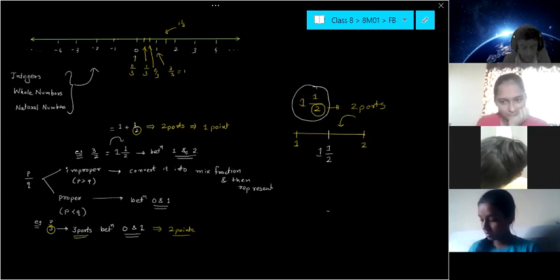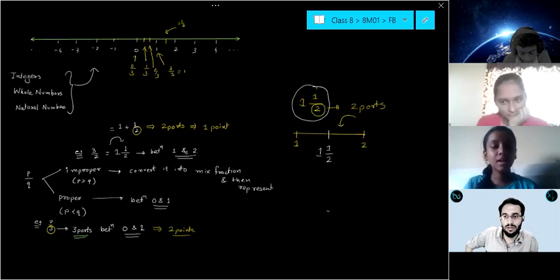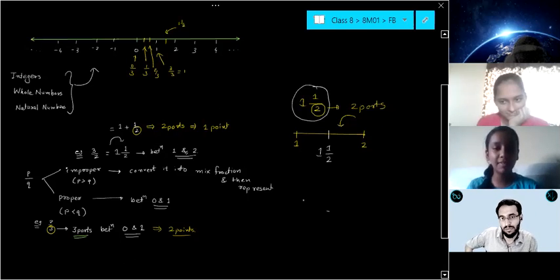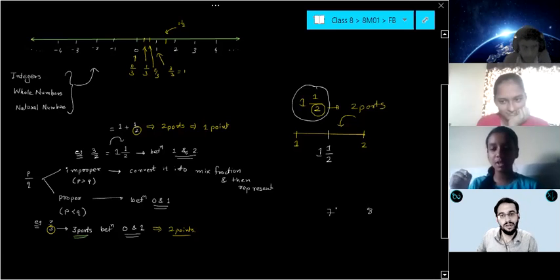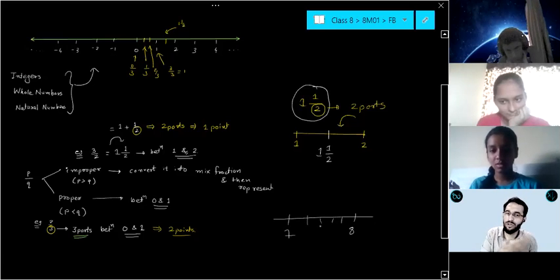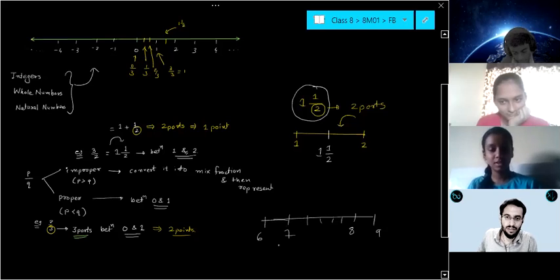You can lower your hand once your doubt is clear. Ragini, ask me your doubt. If we have to mark a number which comes in between, like 7 and 8 for example, then do we have to write 0, 1, 2, 3, everything? No need. Can we directly write 7 and 8? Yes, directly you can go here to 7 and 8, and in between, whatever parts you have to make, you can proceed. More or less, you can write 6 here, you can write 9 here, like that you can proceed. Okay.